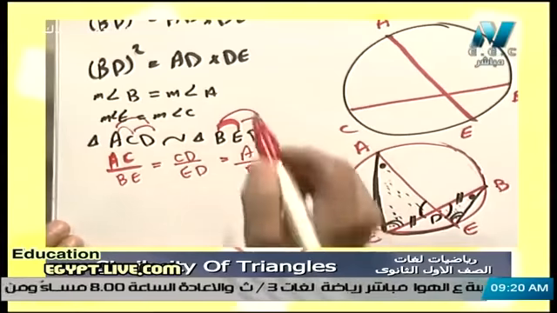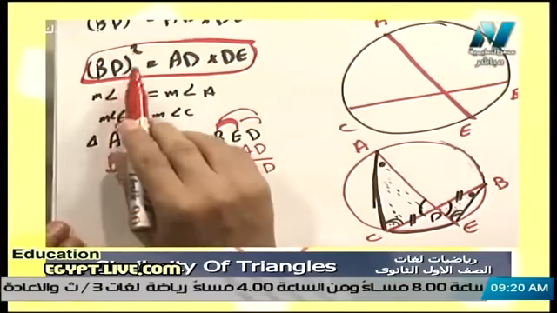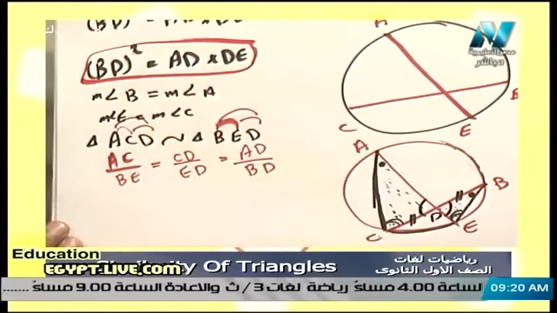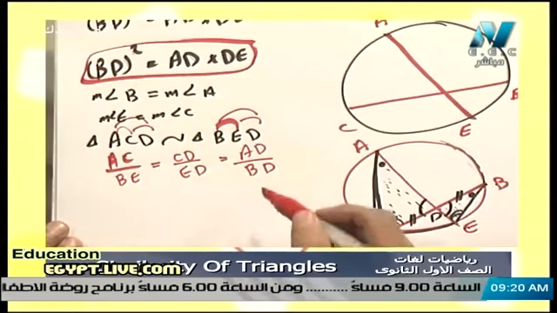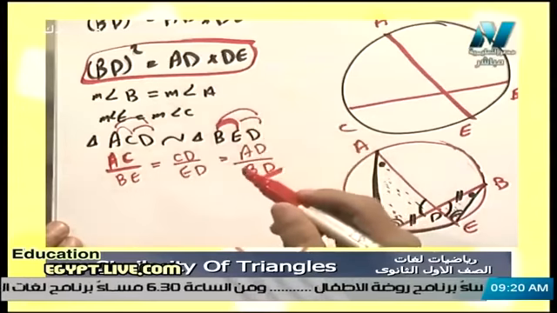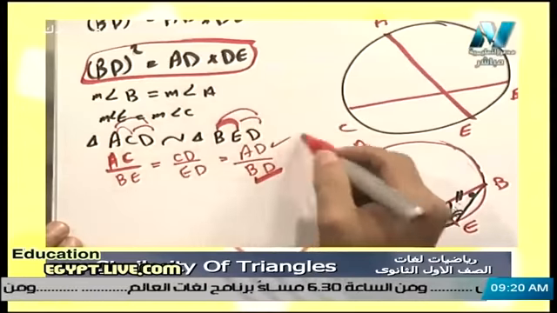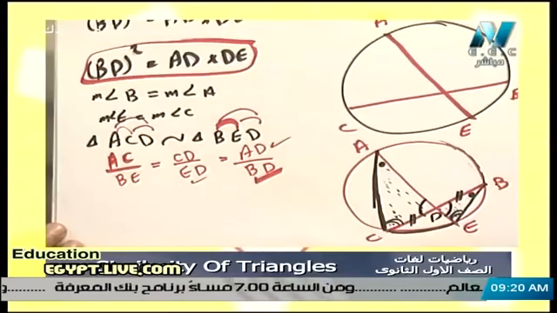And from the request here, we would like to prove that BD power 2 equals AD multiplied by DE. So we will find BD, here it's BD, and AD, here AD, and DE is this. So we can say that